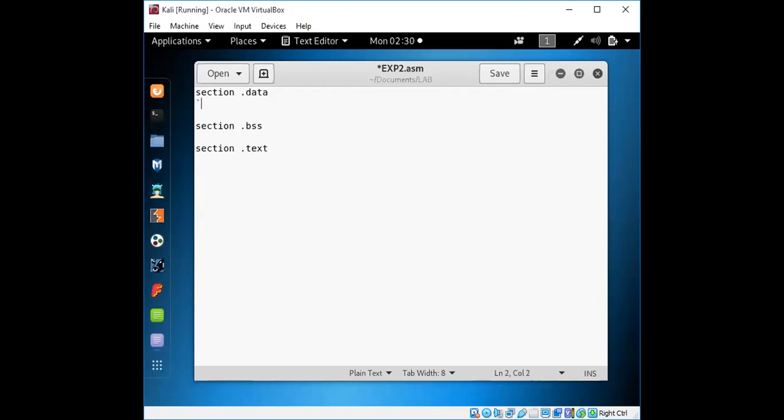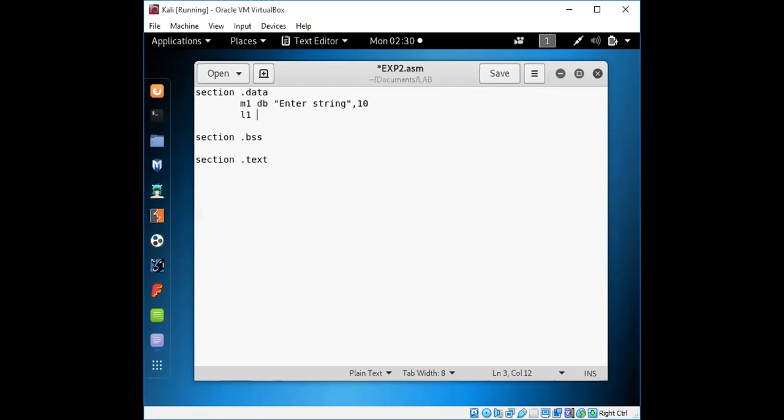Now for the data that you are going to add, that is for some messages. Define bytes for entering the string, followed by a new line.